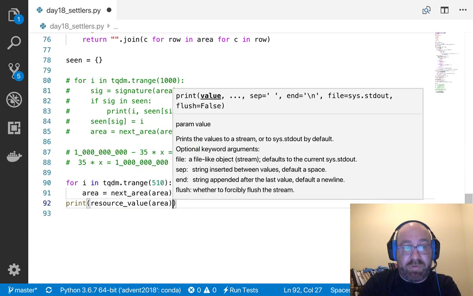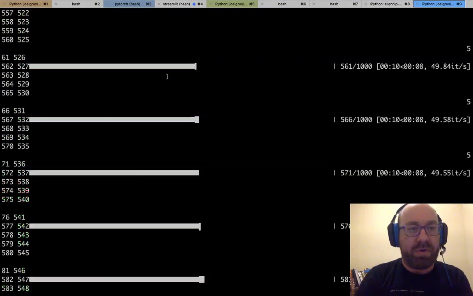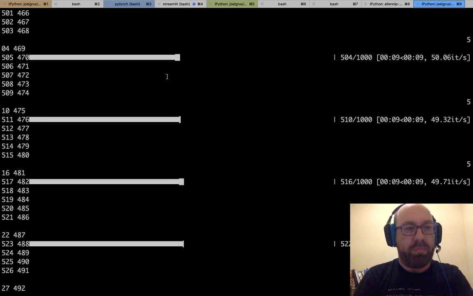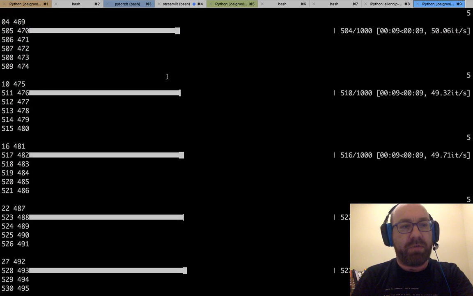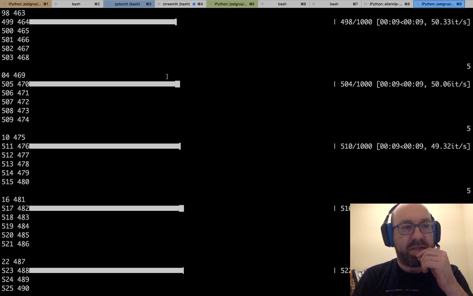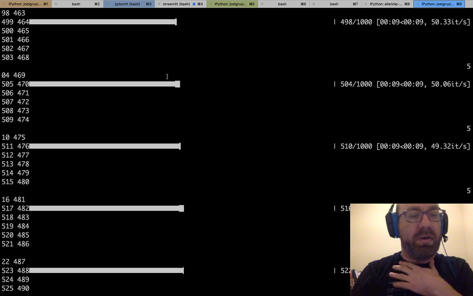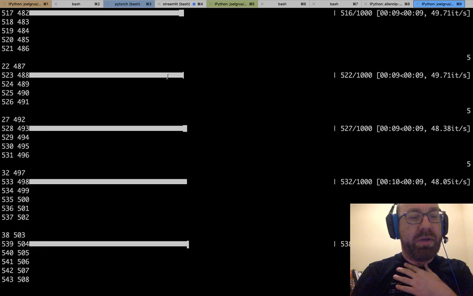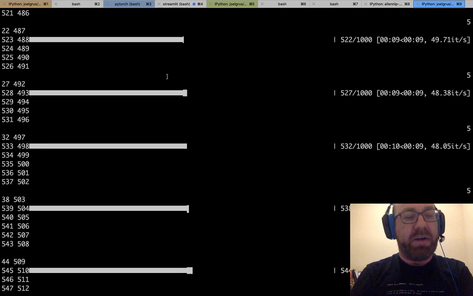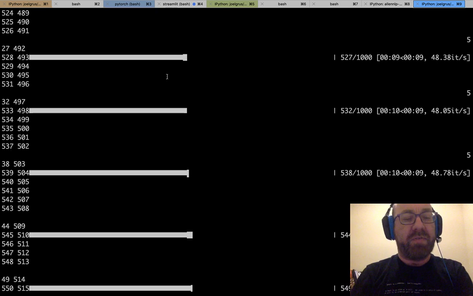resource value of area. So what I'm saying is that after 510 steps, when I get to 510, I'm already in this setup where 510 is the same as 545 is the same as everything.